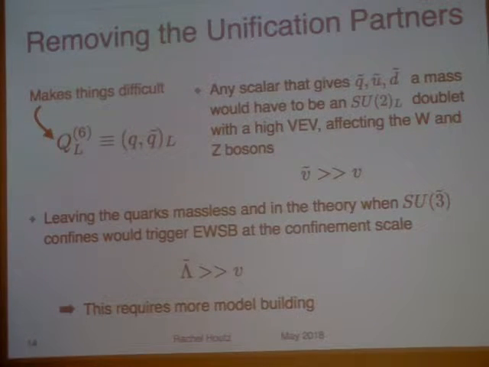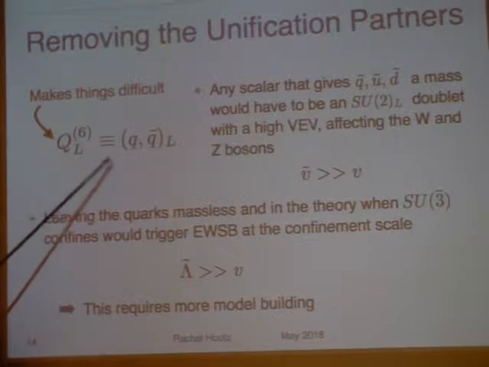Unification related to the two theta angles, and then the axion absorbed both. And in his paper, he sort of left it to an appendix for how to decouple these partner fields. But for us, we actually tried to do it in detail. And it's not trivial, or at least for us, it was not trivial to figure out how to do it. So especially this guy, he makes things really difficult, right?